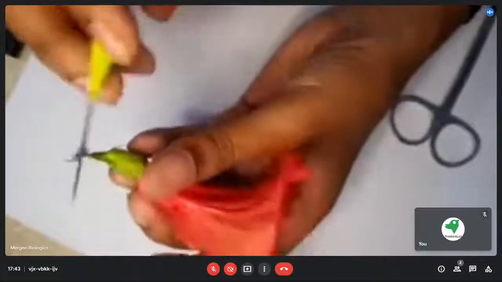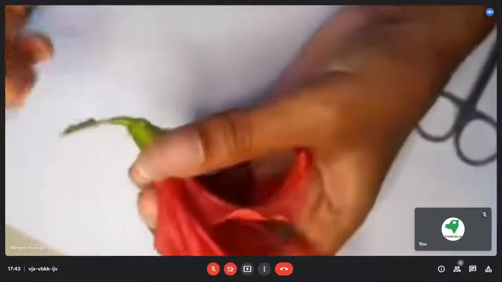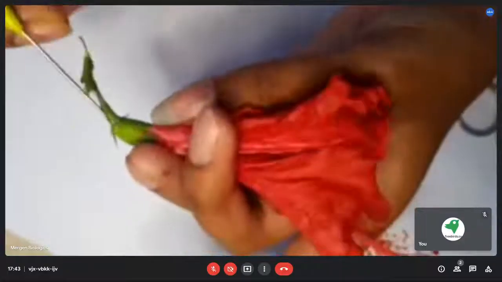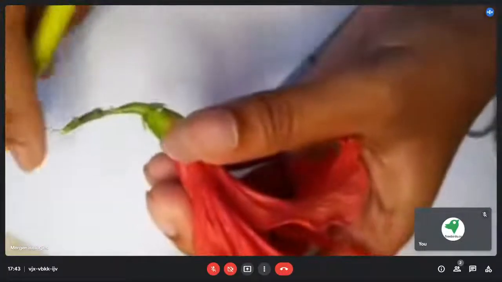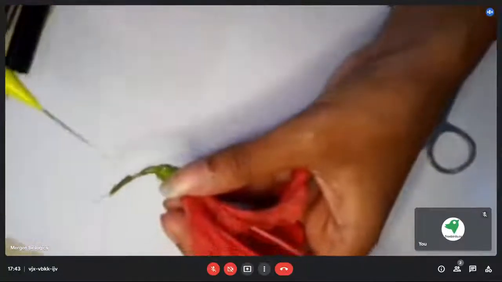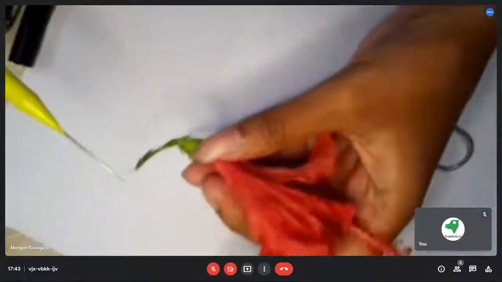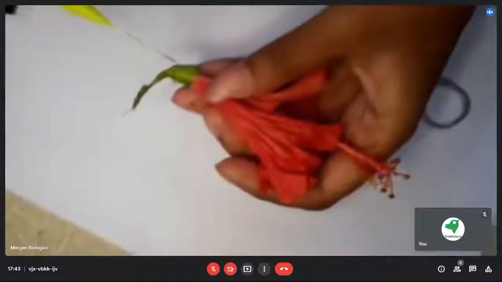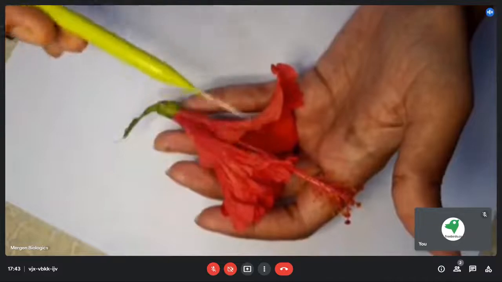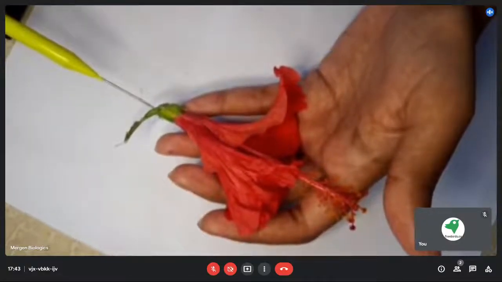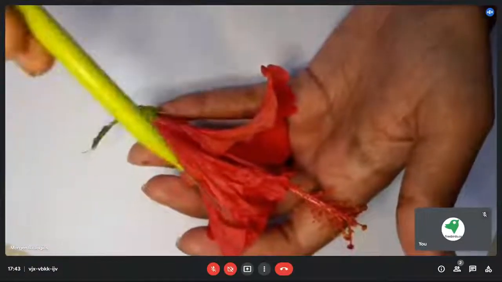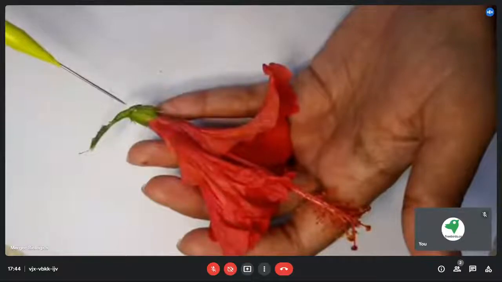So for this epicalyx, in this particular species, we have 6 epicalyx. 1, 2, 3, 4, 5, 6. This is a flower from the family Malvaceae. The Malvaceae family contains many flowers, and they all have different features. Maybe the number of epicalyx is also different. But in this particular species, you will get only 6 epicalyx in every case.